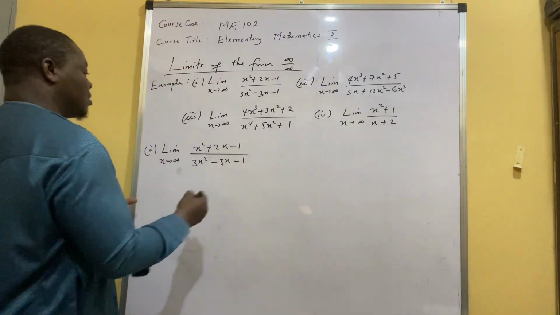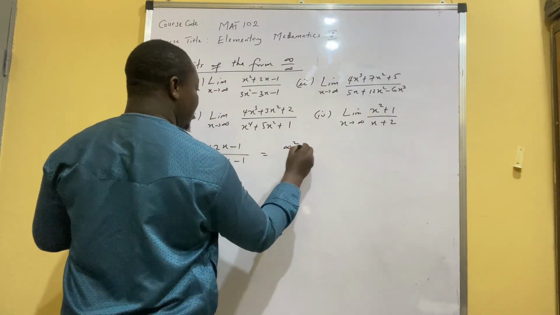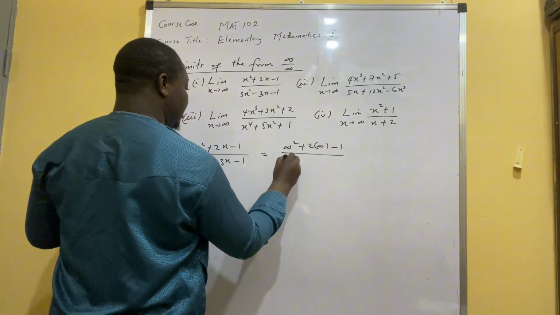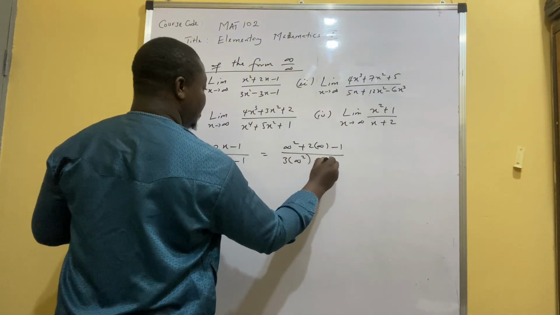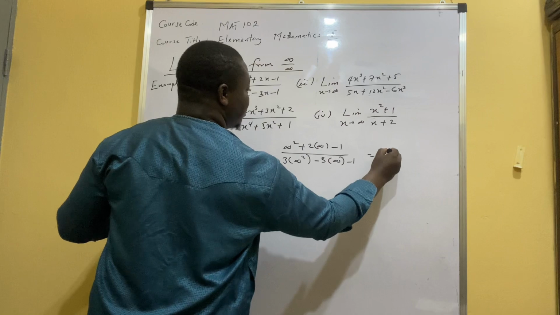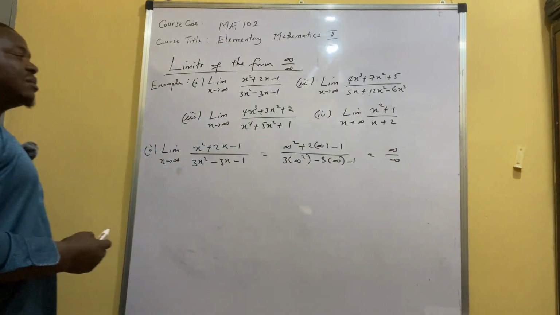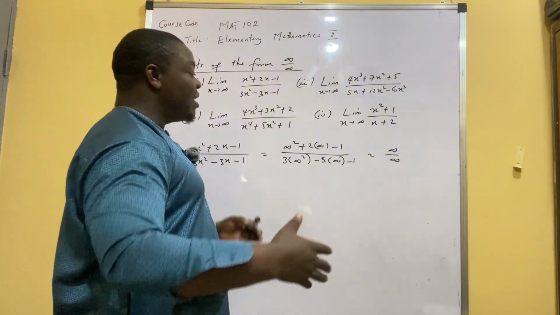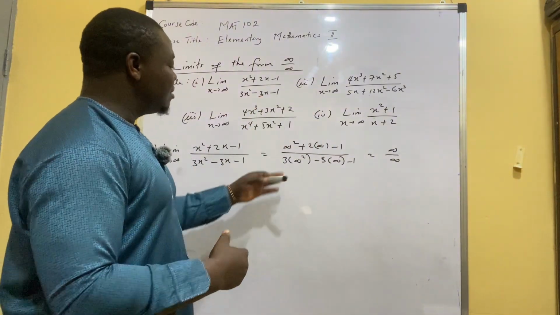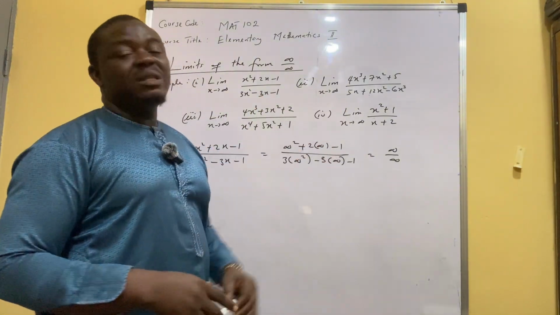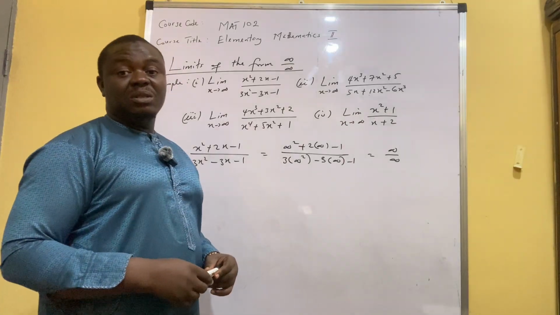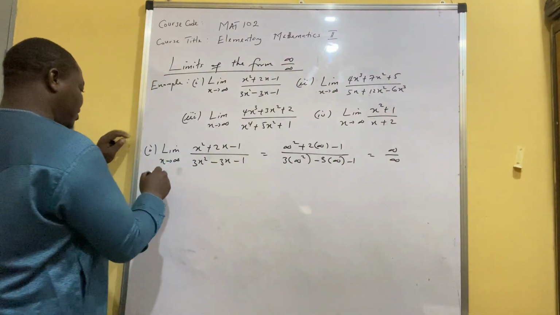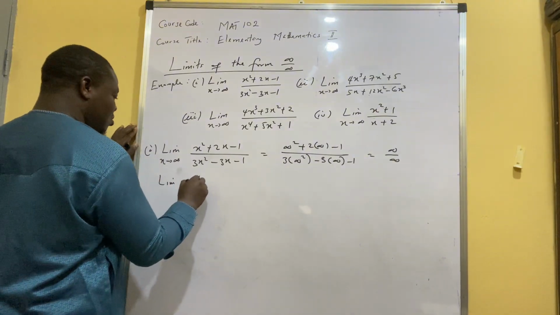If you substitute directly, you're going to have infinity squared plus 2 times infinity minus 1, divided by 3 times infinity squared minus 3 times infinity minus 1. This results in the form infinity over infinity, because we have a very, very large value squared plus 2 times a very large value, so the numerator is infinite, and the denominator is also infinite. So to find the limits of this kind of function, what we do is